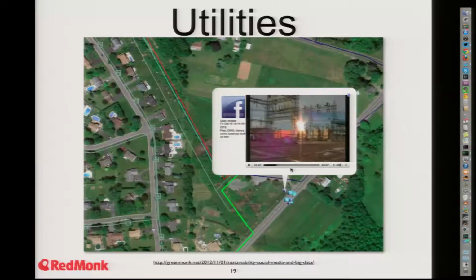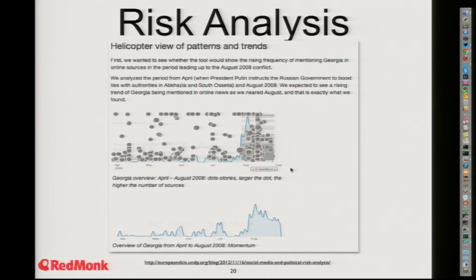And this is another one. You can see here there's a fire in a substation, and it's right beside a road, and you can see a cluster of Twitter, maybe not, you'd have to look quite closely, but those are the blue dots there. Those are little clusters of tweets and Facebook posts, and you've got a Facebook video posted of the fire in the substation.